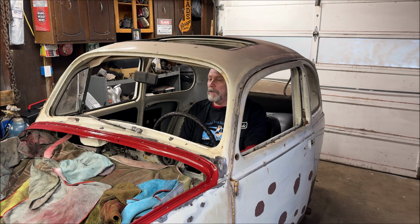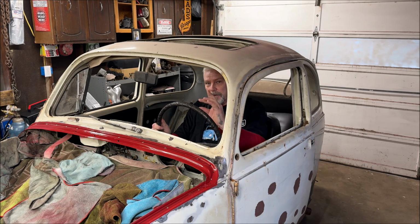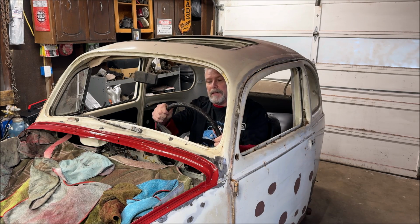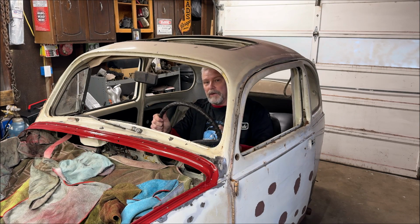Wow, that wasn't good. Bear with me. I'm going to show you the shims where they go on the frame head. However, what I'm trying to explain here is when you put the shims on the lower part of the beam to kick the wheels forward, because the car is either lowered or it's stock, your steering will get a little heavier, especially in parking lots and things of that nature. I'm not saying it's going to be horrible to steer, but I think the steering is a little too light in these anyhow. So the steering will get a little heavier, which I think is actually a benefit, really,